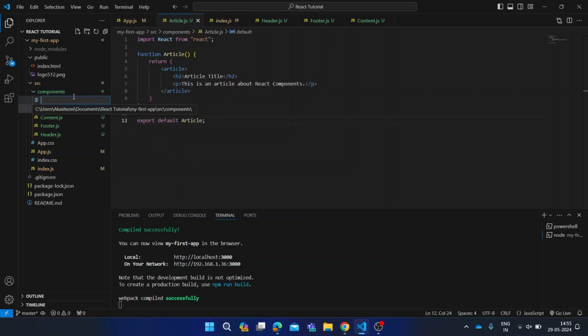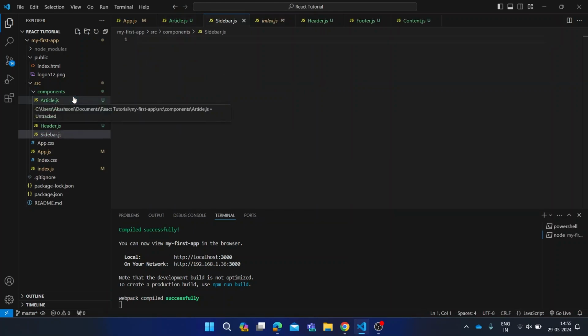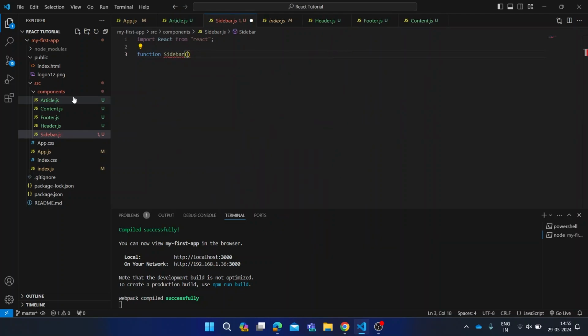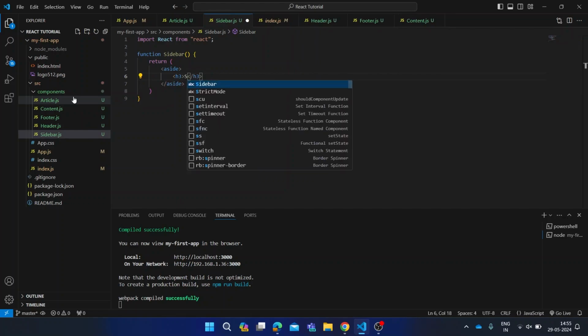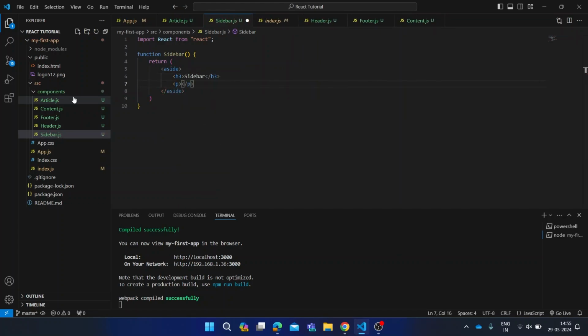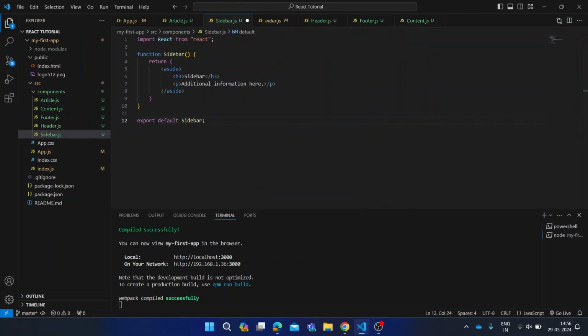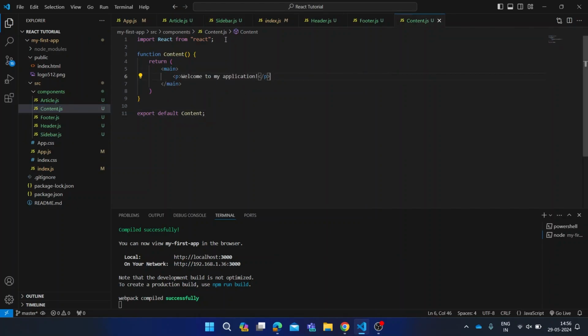Next, we'll create a sidebar component that will render an aside element with a heading and some additional information. We'll update the content component to include the article and sidebar components.